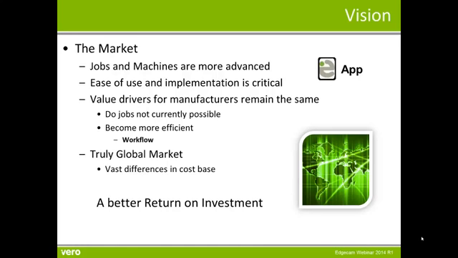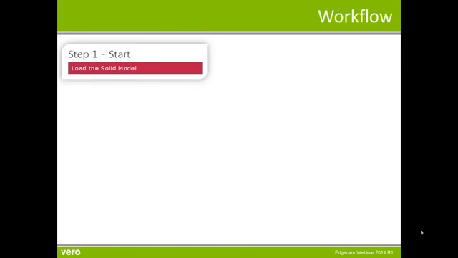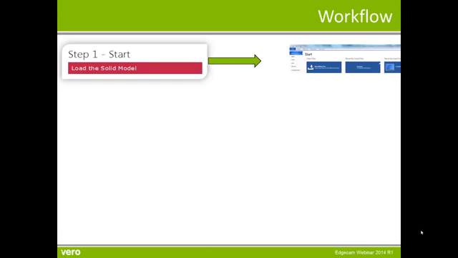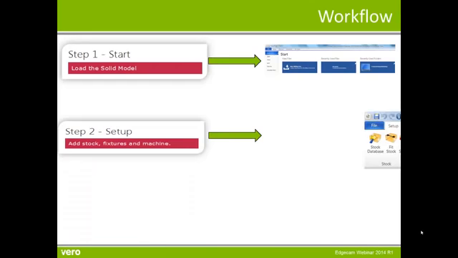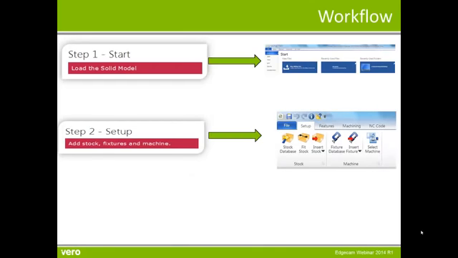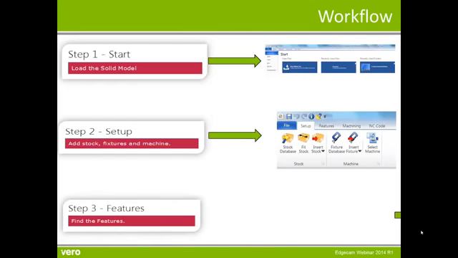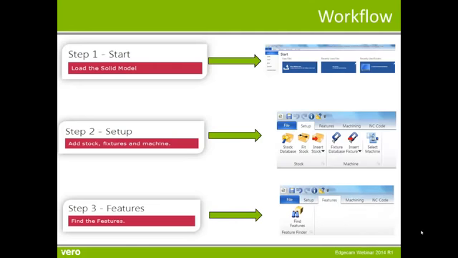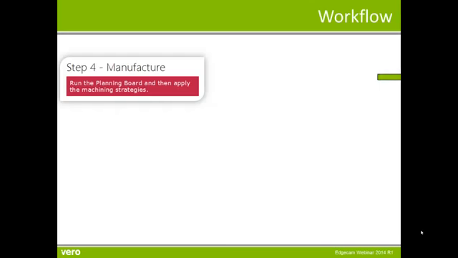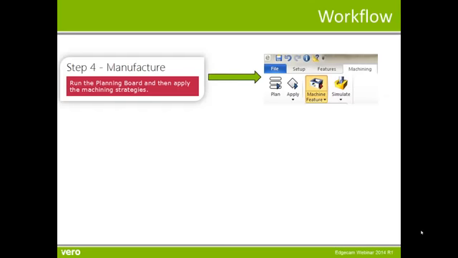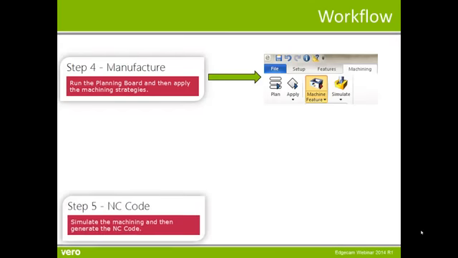So let's review the process that we've looked at already today. As I say, this is a 5-stage process, and we'd just like to review each of the steps. First of all, we start the file at what's called the backstage. This is where we load the CAD file. Then we set the part up, considering stock, fixtures and machines. Before moving on to Edgecam's advanced feature recognition, this was where we found the turn profiles, the grooves, the pockets, the holes. And then we moved into the manufacturing area, where we applied the planning board before executing the toolpaths. The final stage was to review the NC code, looking at simulation,